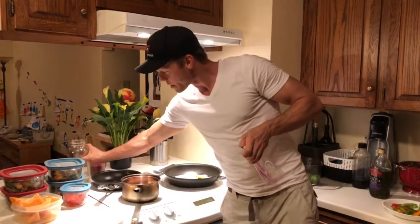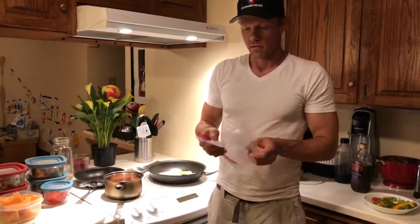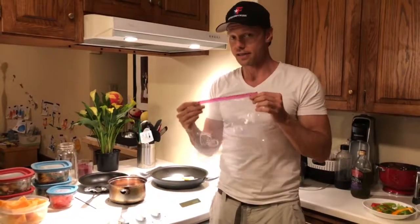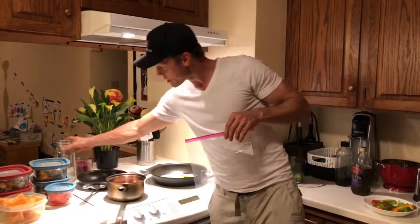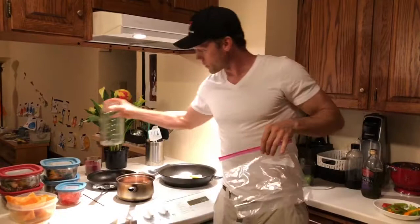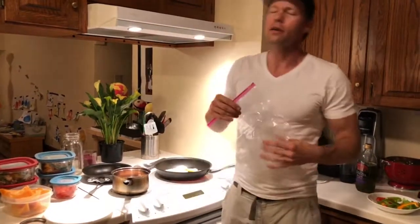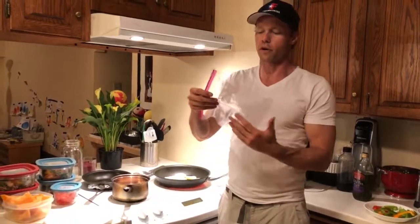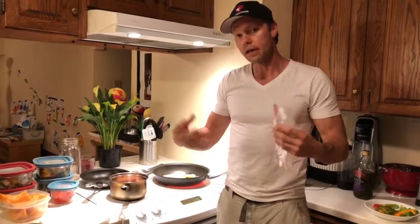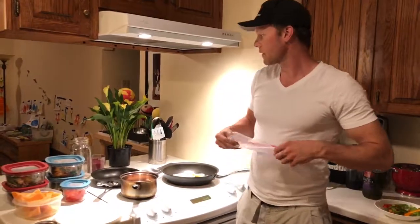You don't have to have a bunch of mason jars, just use Ziploc bags, okay? This is a gallon-sized Ziploc bag. You better have yourself a pretty big mason jar if you're trying to use a full gallon size. But anyway, you understand. I mean, you could use a part of it. You could use a quart size. Fill it up with vegetables, with fruits, some healthy fats, and then go ahead, blend it up,